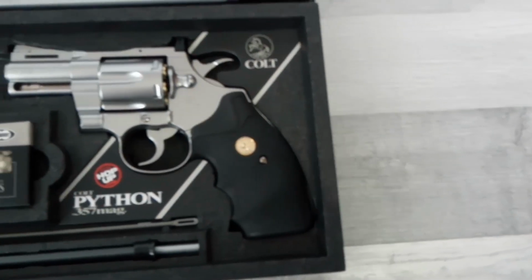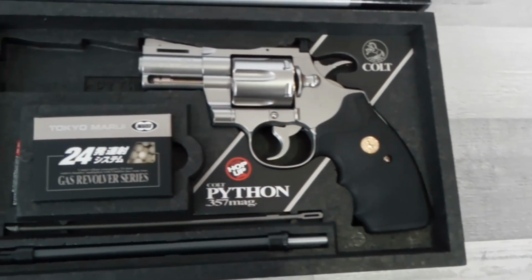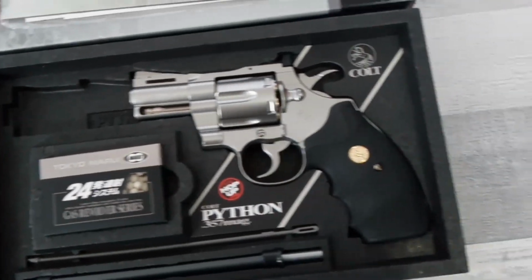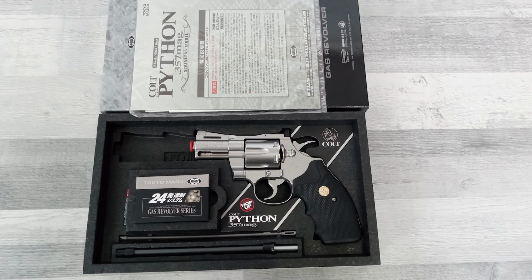As expected, simple but looks amazing. I tell you, it never gets old opening a Tokyo Marui box. Oh, sorry, I was lost in the beauty of this revolver. But let's tell you what you get in the box. As standard, you get your manual, barrel plug, BBs, and unjamming rod, and they even spoil you with an old-fashioned